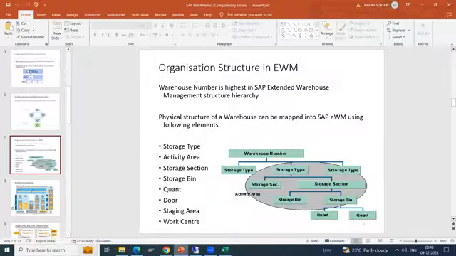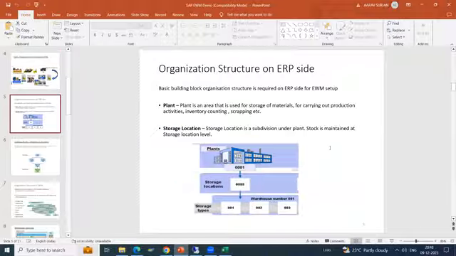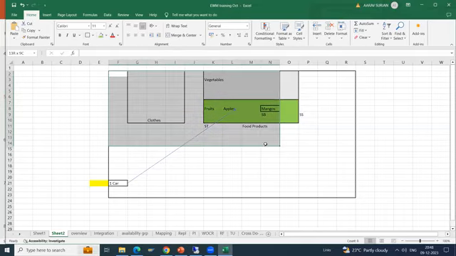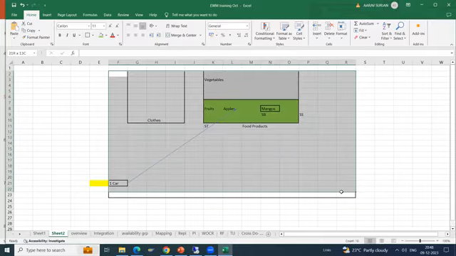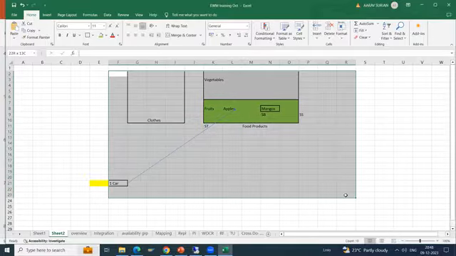Now, going 2 steps back, this is the organization structure on the ERP side. What is the difference between EWM and the process without EWM? If you are already working in SAP, you know that EWM is not mandatory and you can manage using non-EWM as well. So this is the non-EWM. If you have no EWM, again, think from the business: Walmart is still operating like this. It doesn't matter whether you have SAP, Oracle, EWM, or no EWM. The Walmart stores will be doing the business like this only.